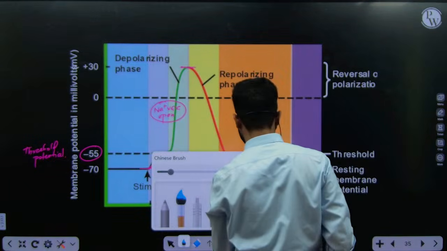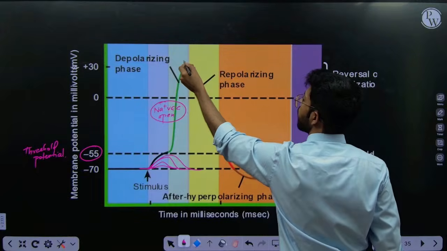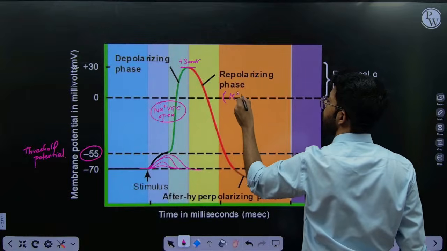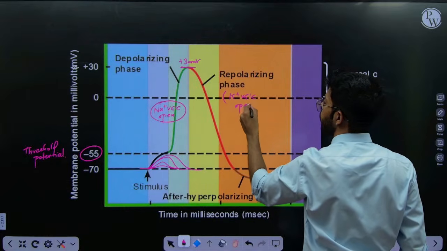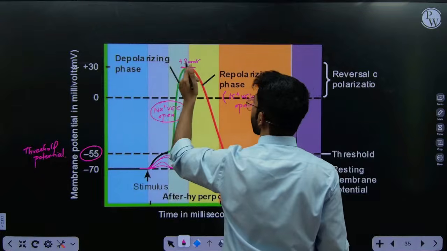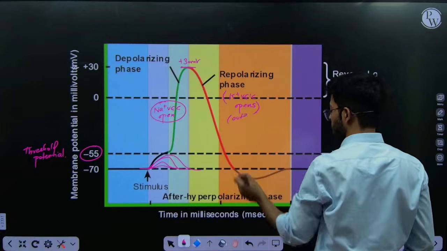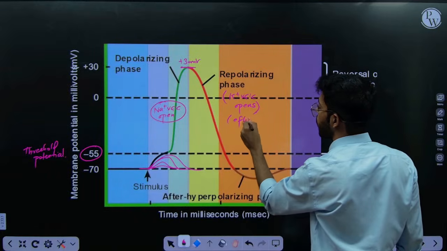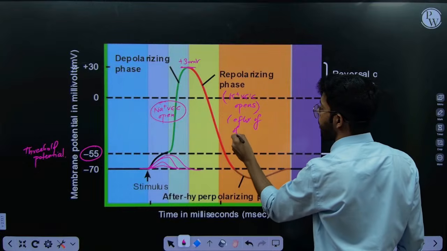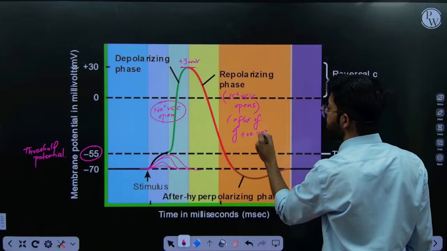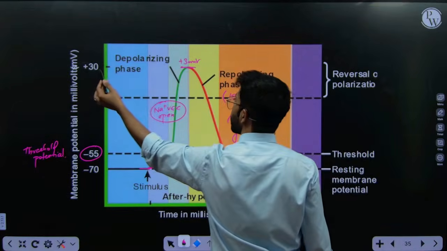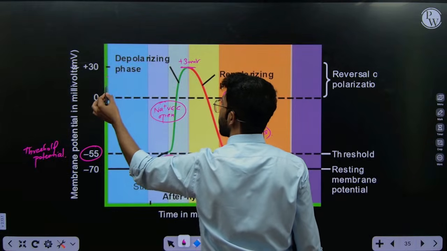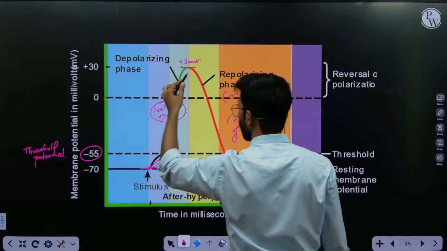In this, when we reach the plus 30 millivolt, the potassium ion VGIC opens, and there is efflux of positively charged ions. So that's why it will first move from plus 30 to plus 20, then 0, and then again